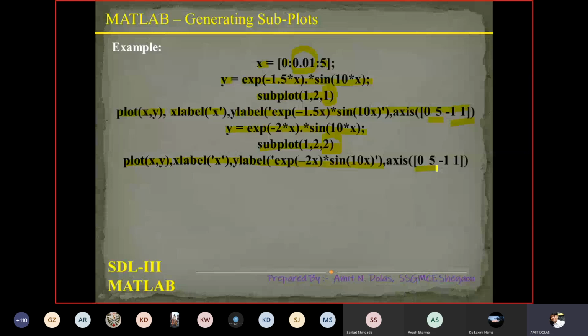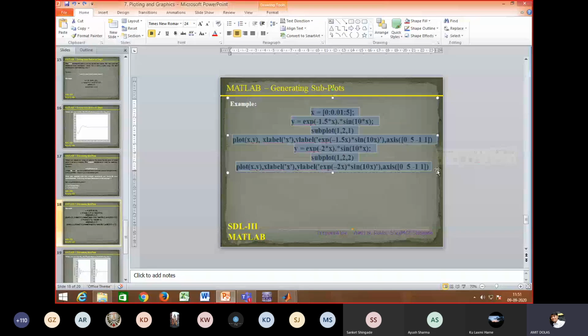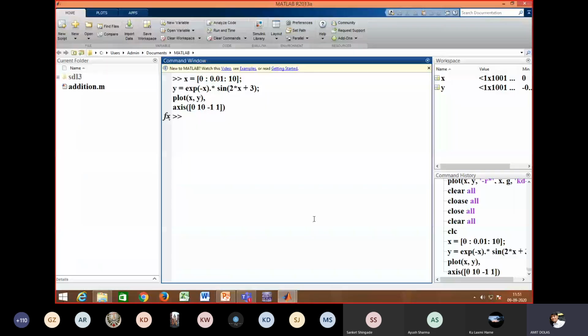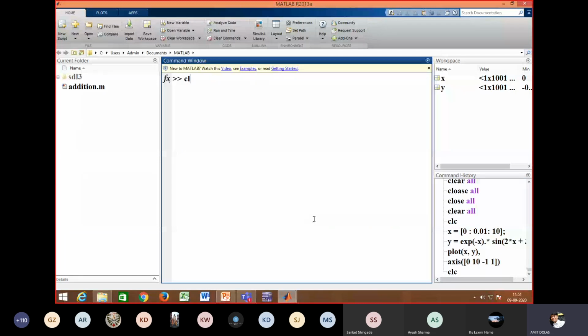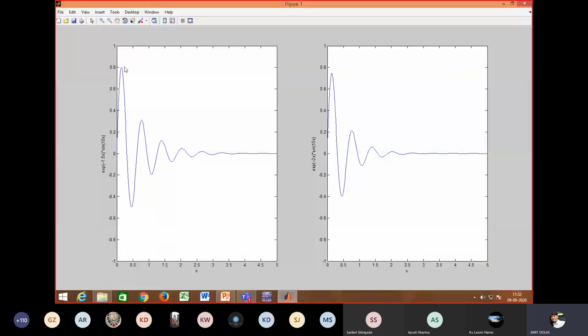Let's execute this code in MATLAB. So we have this code. You can see both the plots are on the same graph.